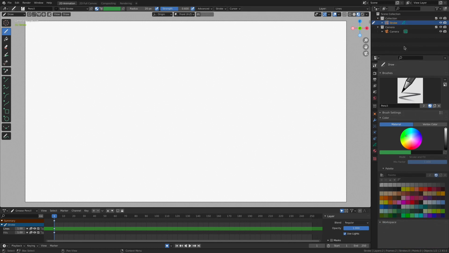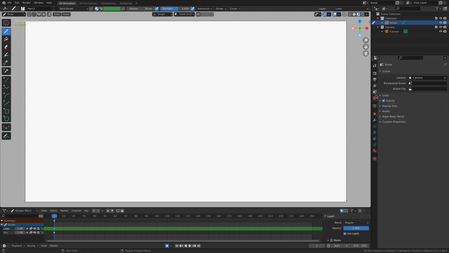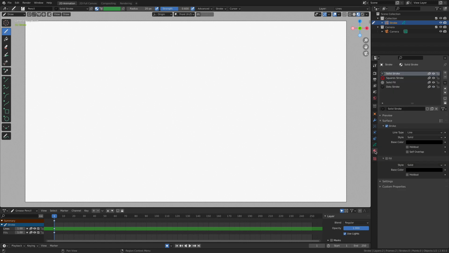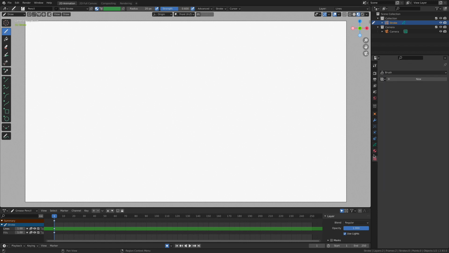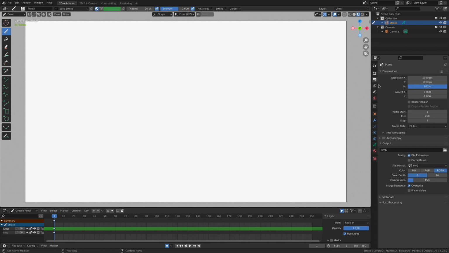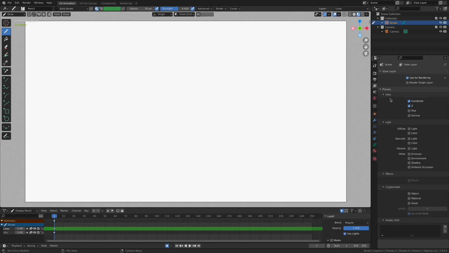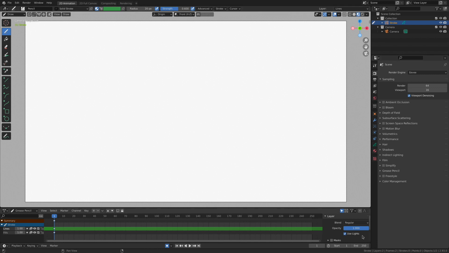Below our object list here, our outliner, is a whole series of tabs, which is going to bring to the surface some properties. And there are a lot of properties. And don't freak out. We're not going to go over all of these. Shoot, some of these, I don't even know what they do. But this is where we're going to find access to some specific information that's going to help leverage materials and textures and colors and a whole series of properties. For example, we can go in here and we can change the size of our composition. Maybe we want our canvas to be a different size. So this is just the granular properties for our entire project over here in the Properties panel.